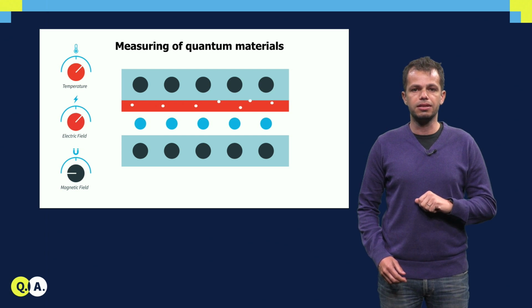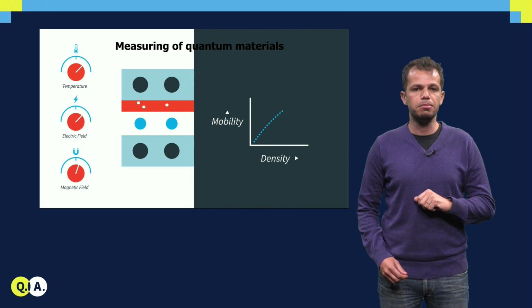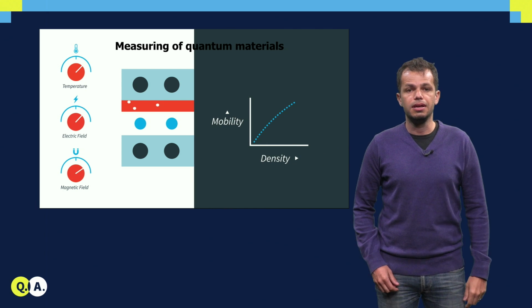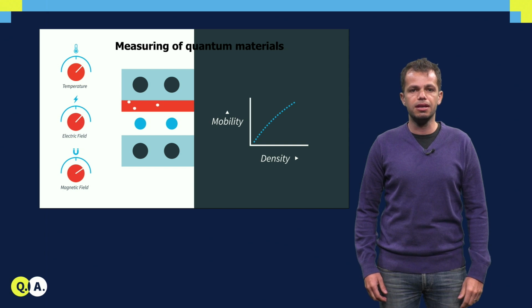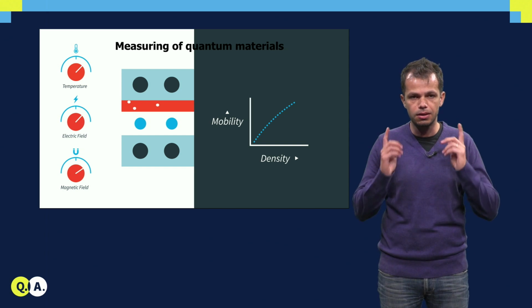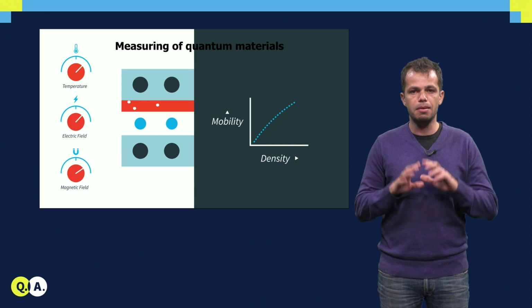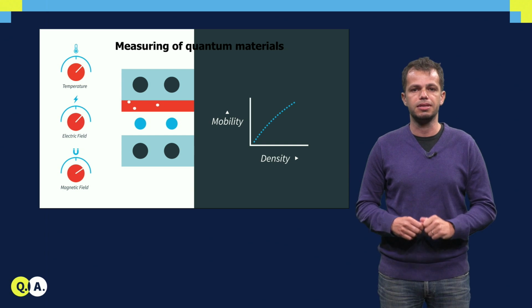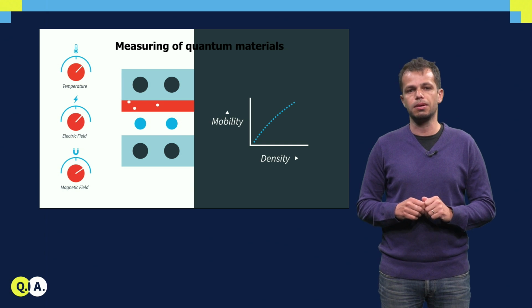By studying how the electrical resistance of such a channel responds to a magnetic field, we are able to measure the number of electrons in the channel and their mobility. The mobility tells us how fast electrons can travel in such a channel and is an indication of the disorder in the system. The higher the mobility, the lower the disorder, and there will be a better chance of fabricating many qubits with similar properties. Material homogeneity is one requirement to scale up the number of qubits into a quantum computer.